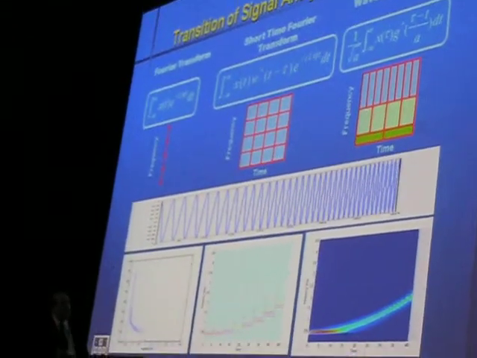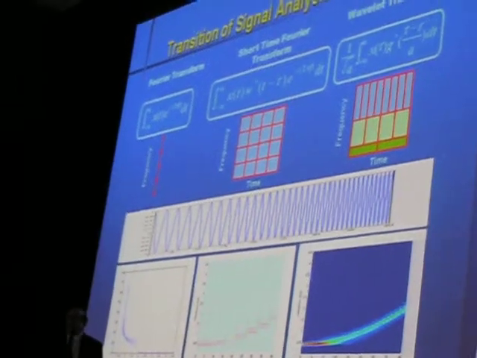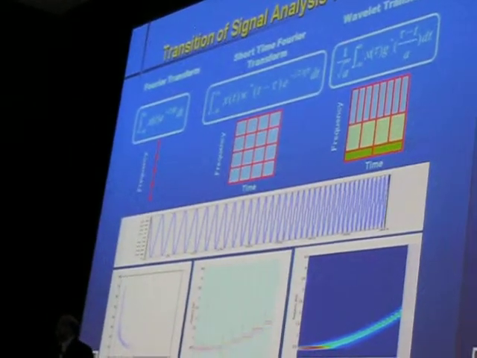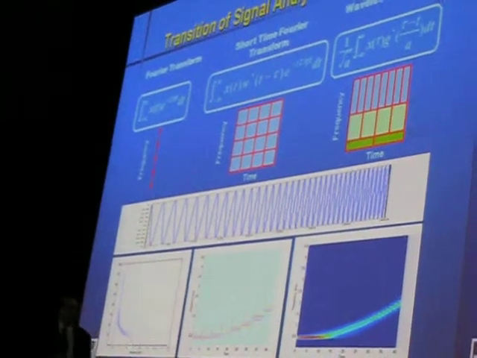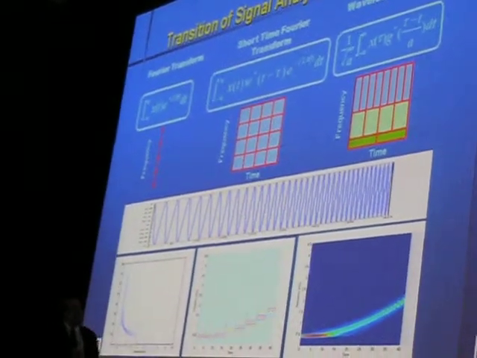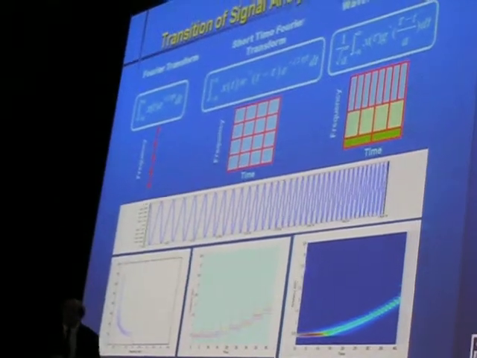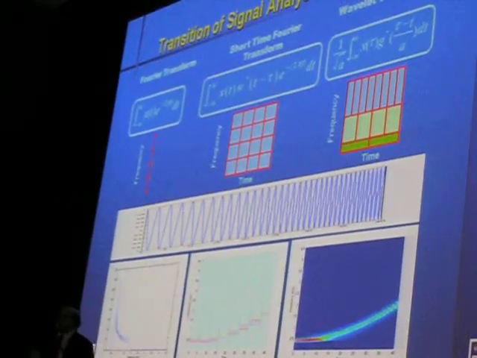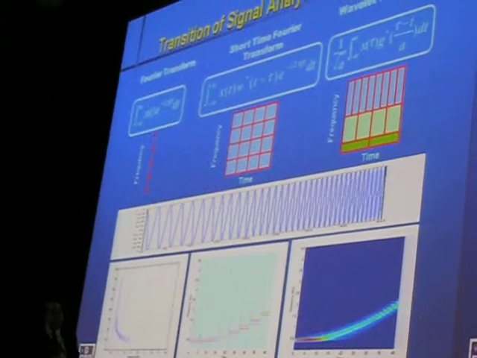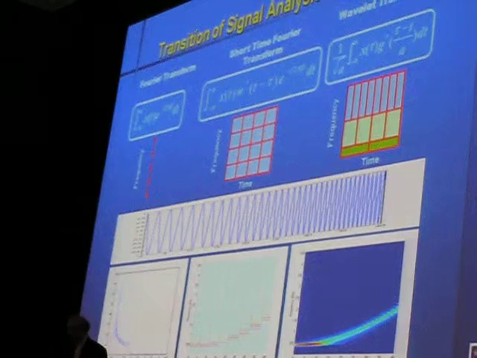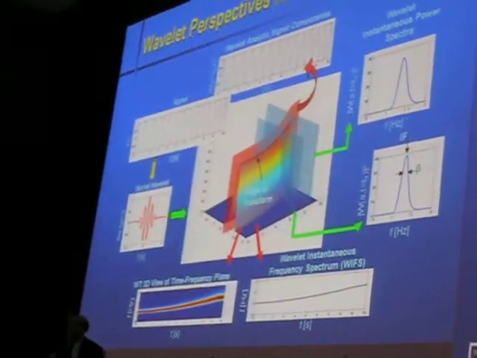Because if I have a time series whose frequency changes with time, a Fourier transform is going to give me this. It won't tell me what is happening in there. Then of course we have short time Fourier transform, but the windows are fixed. Then you can see this stepped action. But wavelet transform, a very sound mathematical basis, provides us the way it shows how with time the frequency is evolving in there. A little bit more complicated.